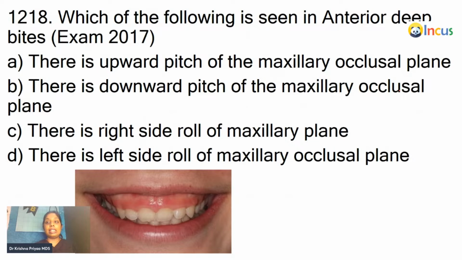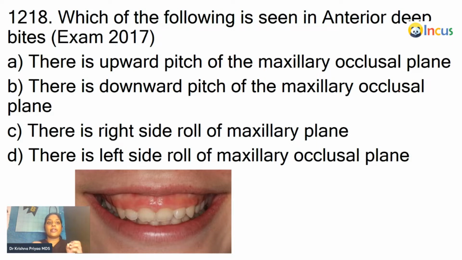Which of the following is seen in anterior deep bite? So first of all, we need to understand what is an anterior deep bite. It can be because of two reasons. One, the upper tooth, right? So imagine this is the upper tooth and this is the lower tooth. Deep bite will occur when the upper tooth is extruding so much, okay? Or else it may also occur because of the intrusion of lower incisors or the posterior teeth, right? It is present in such a manner that there is a deep bite here. So it can happen because of either extrusion of the upper incisors altogether or intrusion of the posteriors